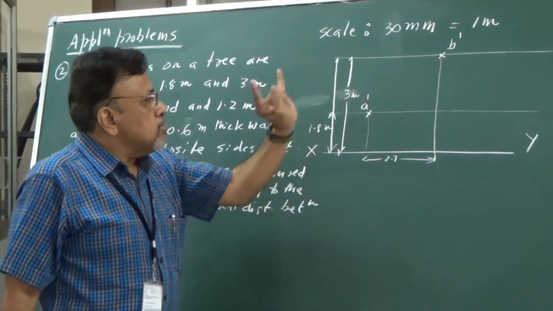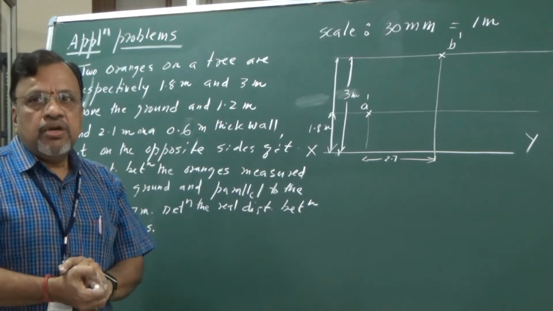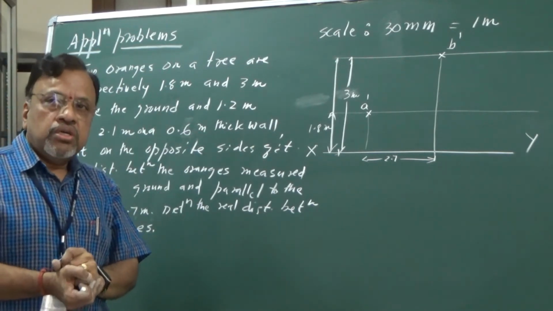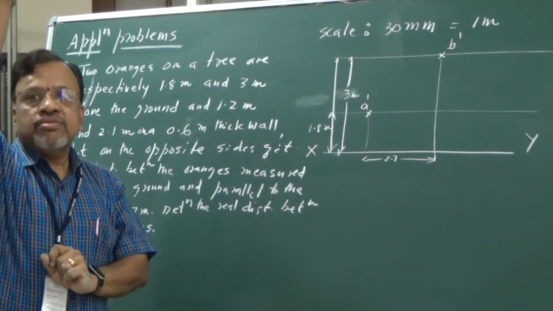Okay, now the front view is over. I should draw the top view position of these two oranges. If I want to locate the position of these two oranges, where should I look? I should look from above, as we already have a drone. So I will look from the drone. Something like that, isn't it?